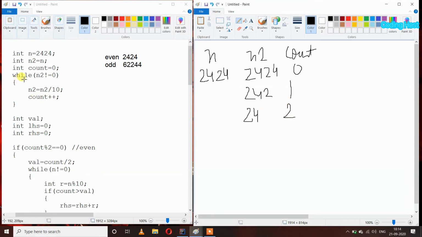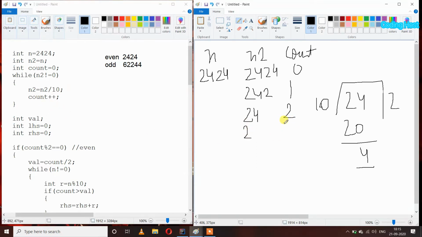After that we again run our loop. So n2 not equal to 0, so n2 is 24 which is not equal to 0. So yes our condition is true and we again get inside our loop, again dividing n2 by 10. So 24 divided by 10 and storing this quotient back in n2. So now this n2 has 2 inside it. After that count plus plus, so count will become 3.